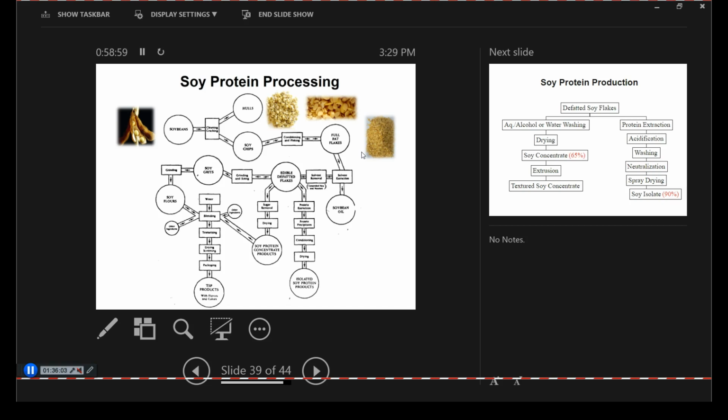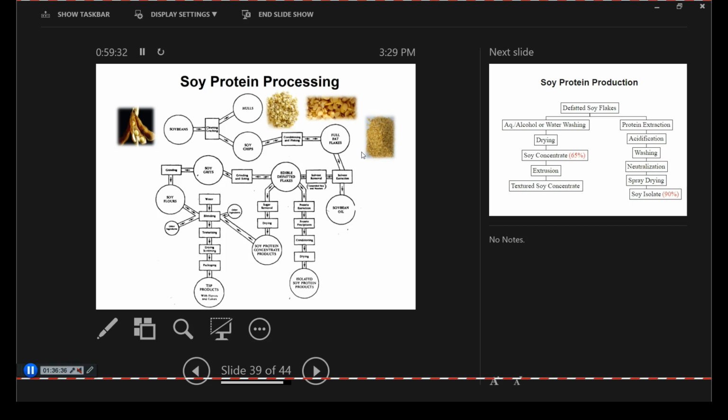So you start with the beans, and then cleaning and cracking, so you can remove the hulls after cracking, and then you get the soybean chips here, and then some conditioning, temperature conditioning and moisture, and then flaking. You can roll them and flake them, and then after having the flakes, there is a step here that is